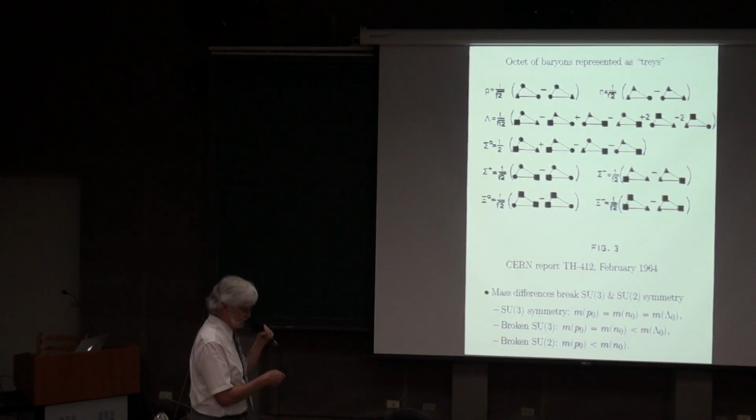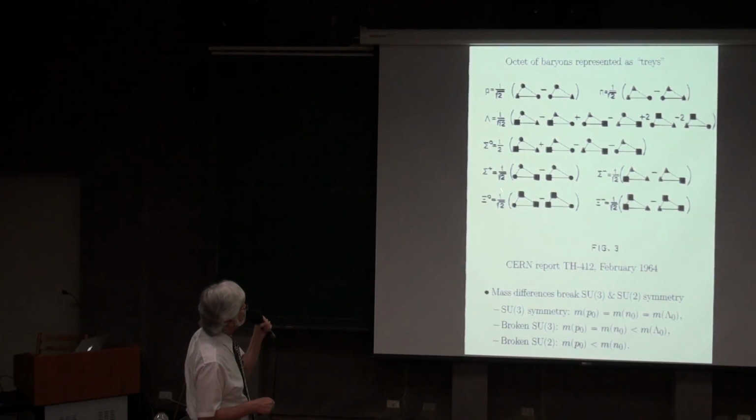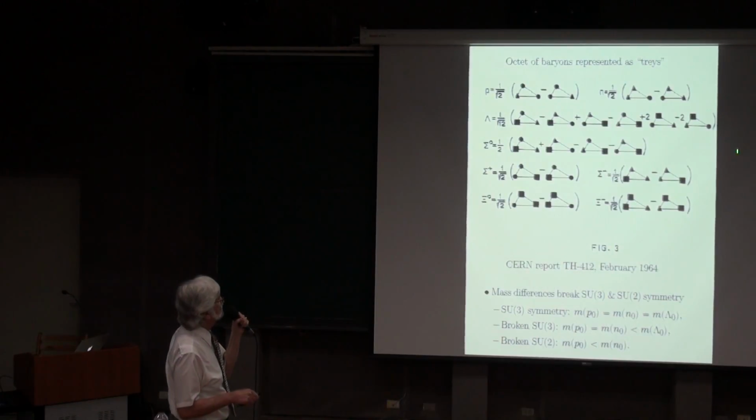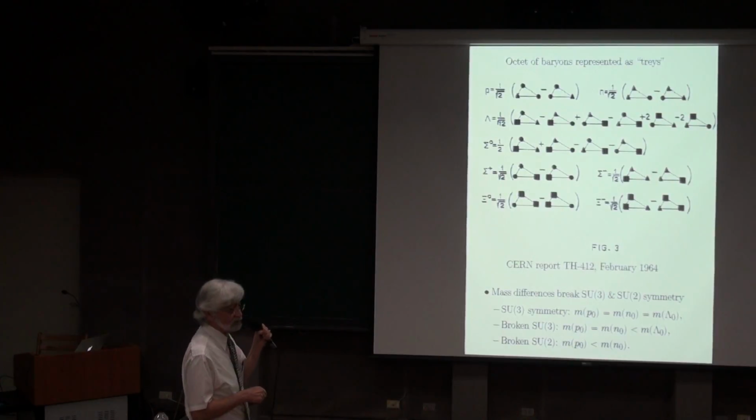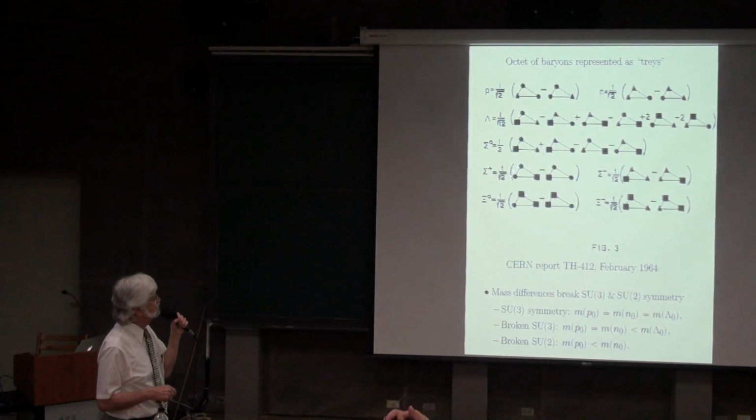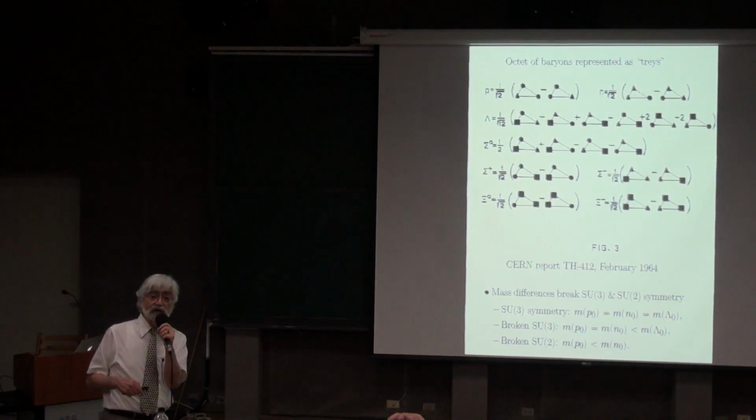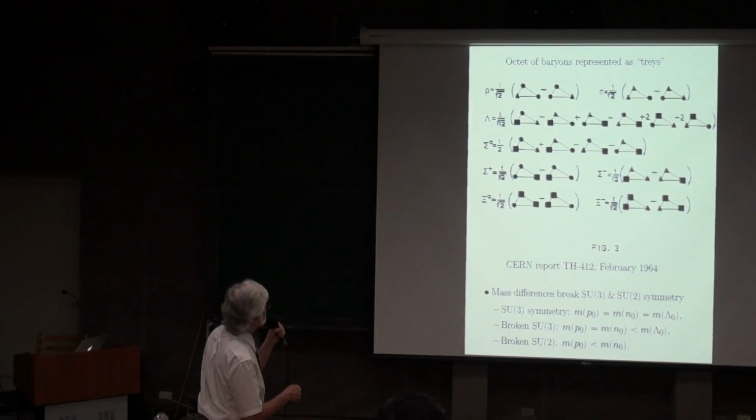So here's a picture from the CERN report of February of '64, where you see pictures for the wave functions of the ordinary baryons. So here's the proton and the neutron. I got tired of drawing squiggly lines, so these are just the springs that hold the particles together. I said that although I didn't know what the forces of interaction were, I said there were no 3-body forces when I tried to determine what the mass relations